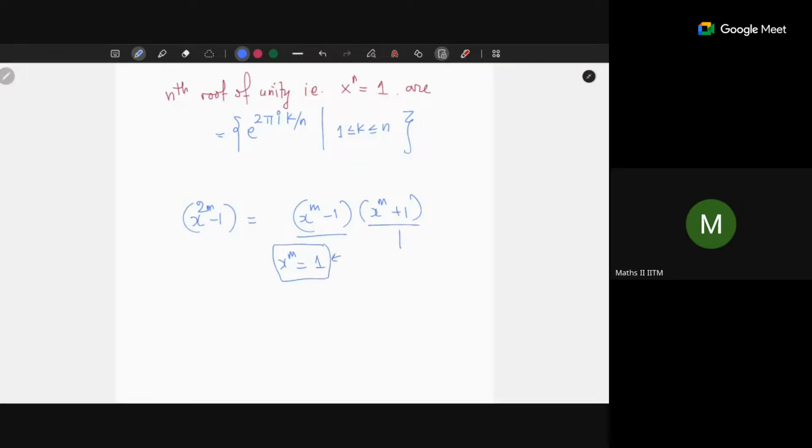And then what is this? So you will always get the complex root in this case, whereas in this case,